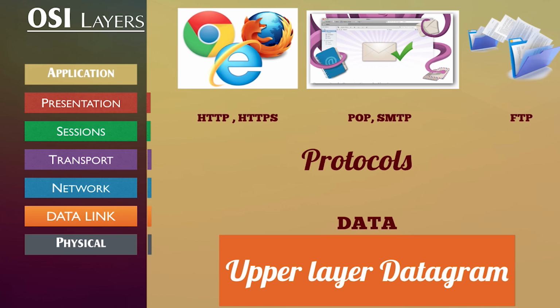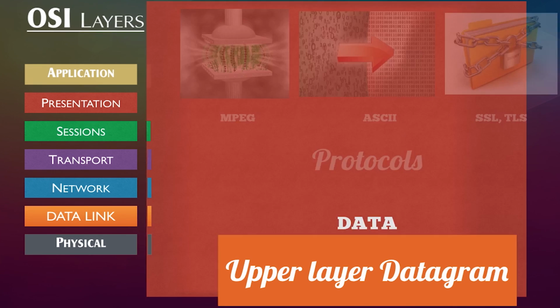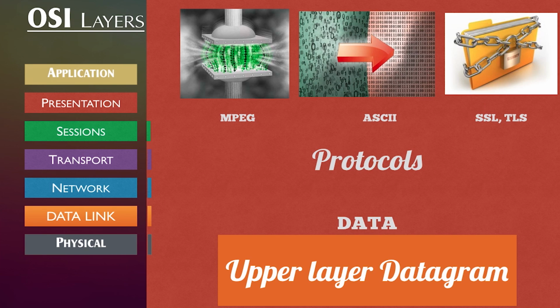Alright, so next is the presentation layer, which is layer 6 of the OSI reference model. Now the presentation layer prepares your data for the lower layers of the OSI reference model. Now this is where your operating system comes into the picture. In this layer your data is compressed, your data conversion takes place, and also the data encryption takes place